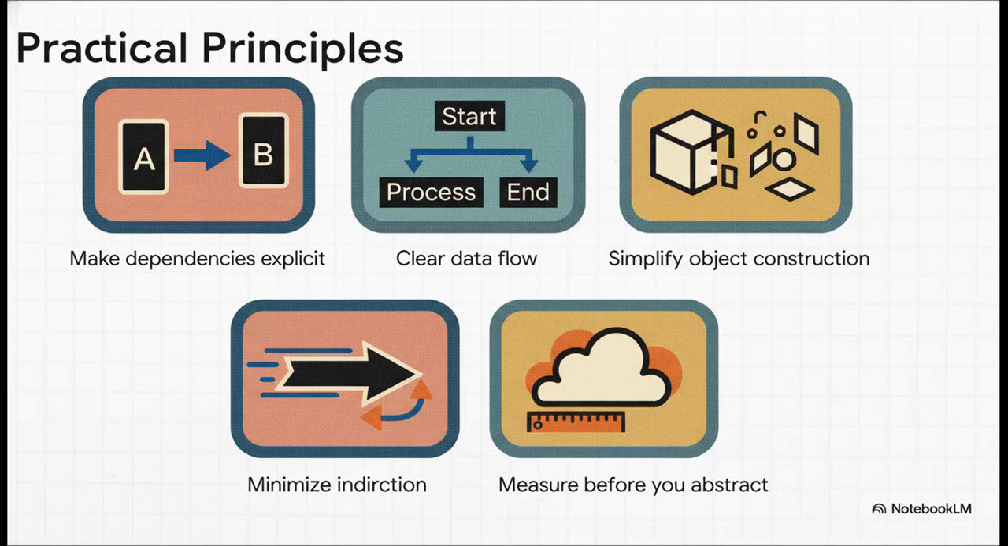Instead, let's focus on these things. Make dependencies explicit so they're easy to reason about. Make sure that data flow is clear to reduce debugging time. Use simple object construction to reduce failure points. Keep that heavy indirection out of our performance-critical paths. And maybe most importantly, measure the actual need for abstraction before you build it for a future you might never